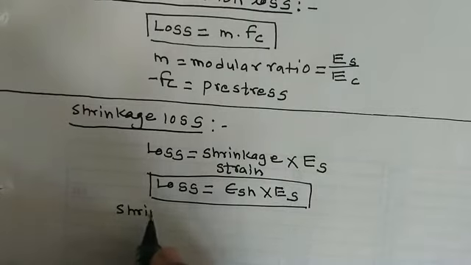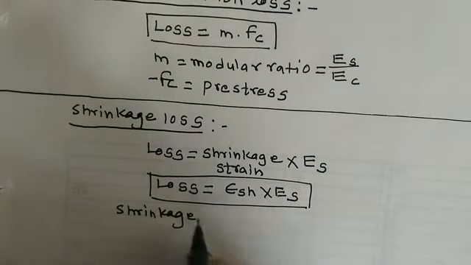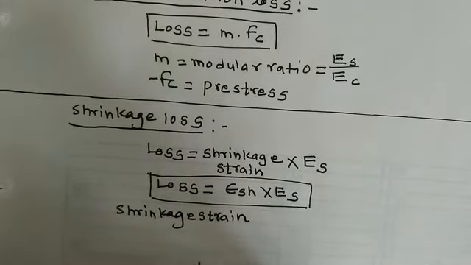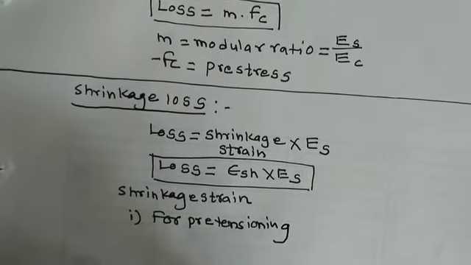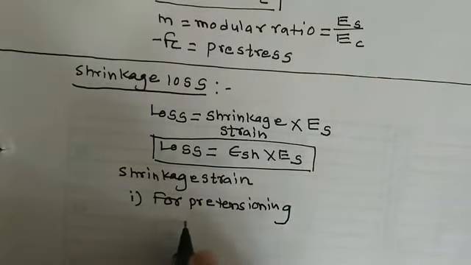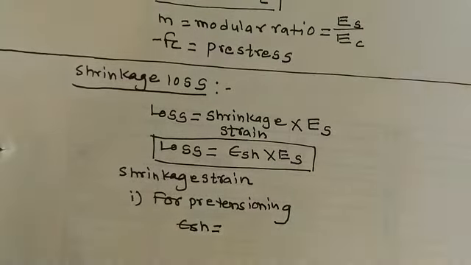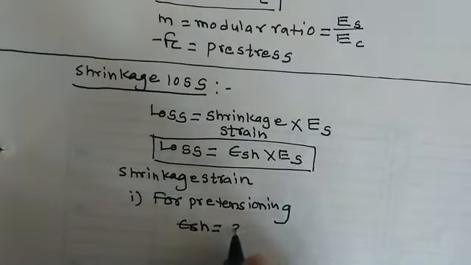Shrinkage strain is calculated as, for pre-tensioning, epsilon sh is equal to (3 into 10 raised to minus 4)